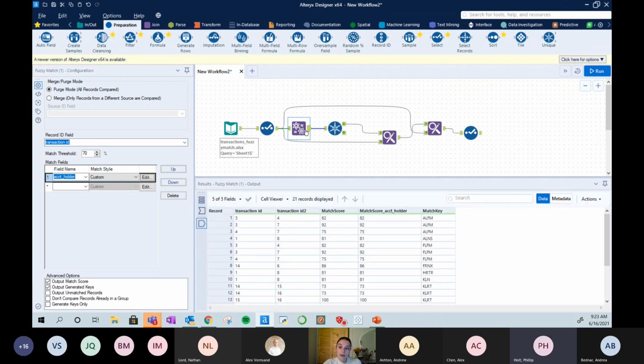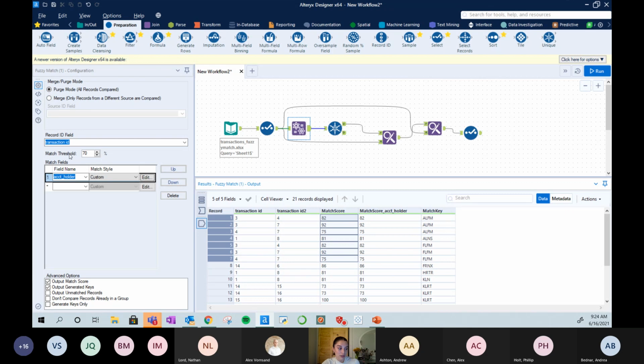So is it fair to say if we have multiple fields that we're matching on, and we go into their respective edits and set them at 75%, but then the overall match threshold is set at 75%, that doesn't mean you're going to get everything that matched at 75. You'd probably get like a limited subset, right? Because if it's 75 here and 75 there, then that's maybe, just to make up a number, only a 40% match instead of actually 75, right? Yes. Exactly. And that's why you can see here, this match score that's output is the match score of the overall,